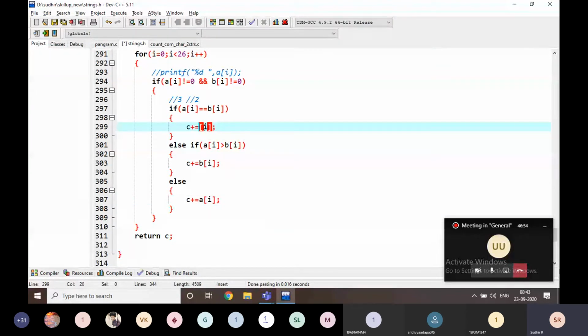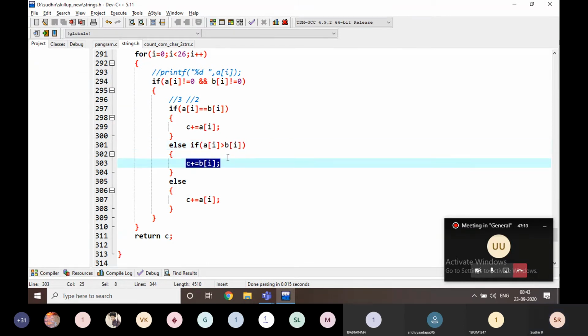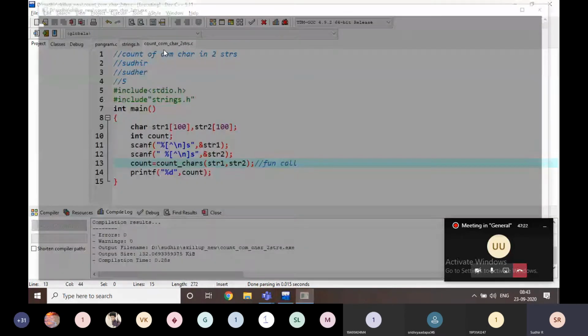If A of I is greater than B of I, that means B of I is small. Small means these are the common characters, right? That's why I'm going to add B of I here. Else, that means B of I is greater than A of I, that means A of I is small. That's why I'm writing here C plus is equal to A of I. Now I am going to execute it.